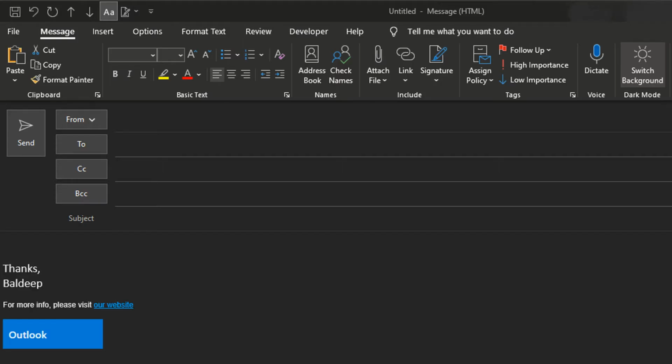Welcome to part 2 of this video. We're going to talk about creating a signature in Outlook. Now, the best way we find creating a signature is doing it in a new email, so that you've got the formatting all correct and you've got access to the entire menus at the top. By doing it this way, it means you can copy the signature and put it in the signature template. So we recently created one saying thanks Bowdeep,